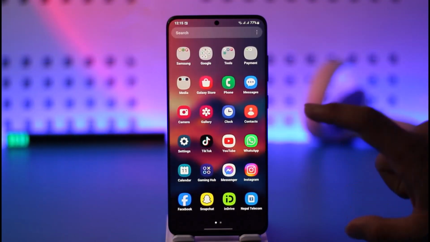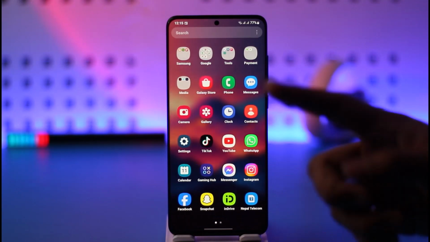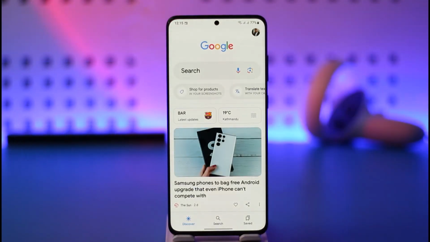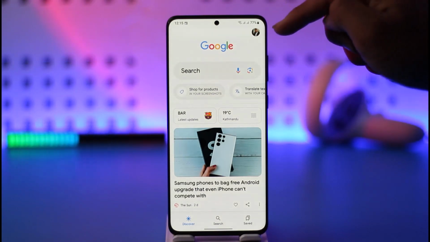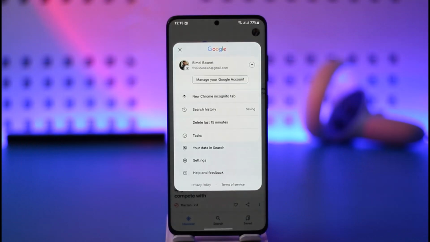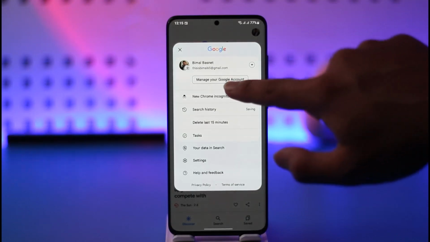First of all, on your Android phone, open any Google application. Could be YouTube, could be Google Play Store, could be Google browser itself. Any Google app, doesn't really matter, because on every Google app you'll find your profile icon from the top right or the bottom right, so you have to make sure to tap on that. Then you'll find an option called manage your Google account, so this will take you to the Google account management